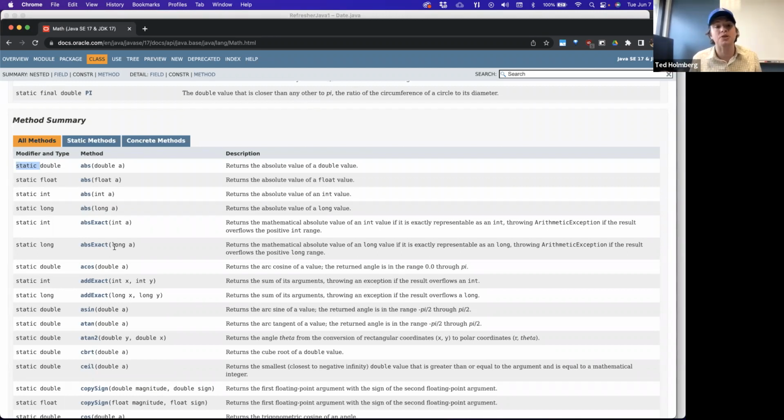Other developers don't have to know how you solve the problems. I just know what this description tells me, and that's all I care about. And if I want an absolute value, I don't want to know how it's done under the scenes. I just want to know that if I put my int value in there, it's going to return the absolute value of that. And so every developer that's developing a class, when you create a set of public methods, you're